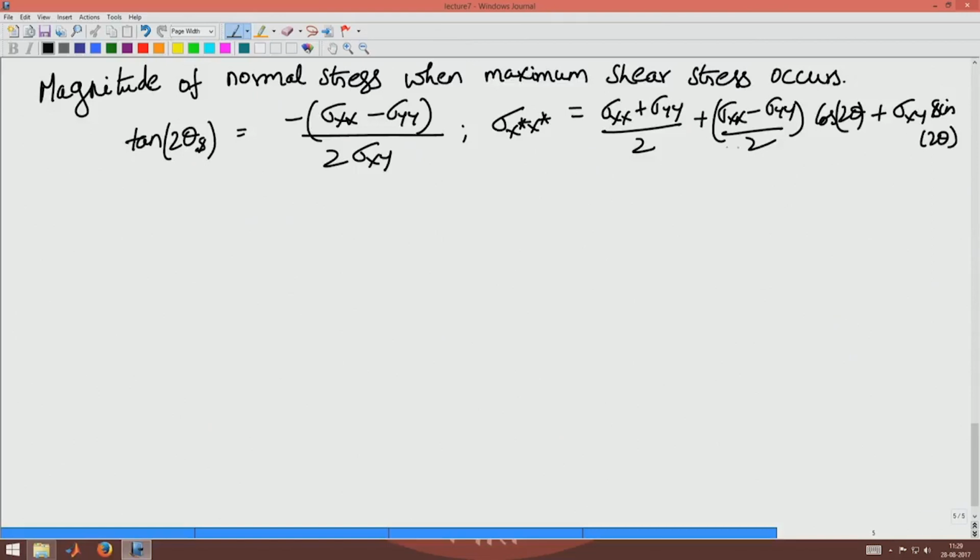Okay. I substitute for 2 theta this expression,